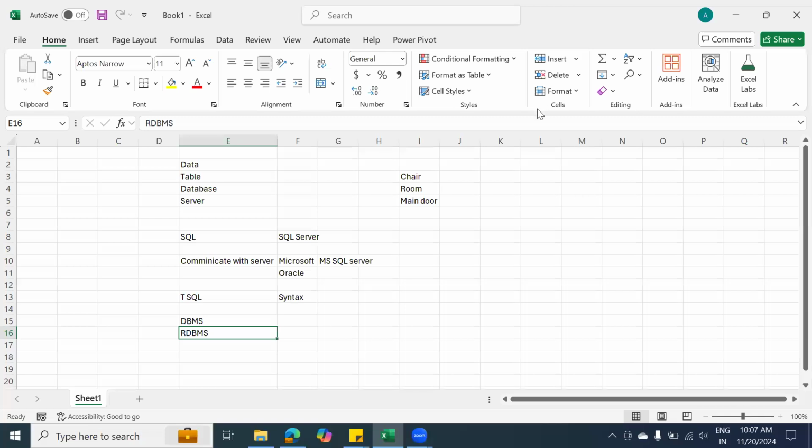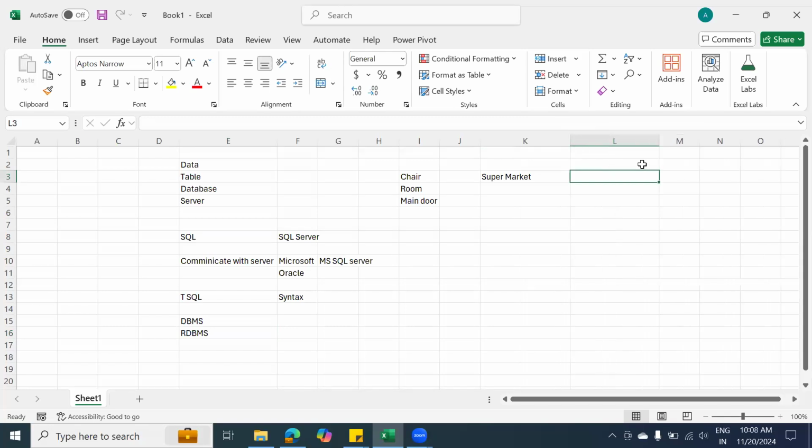So now let's come here. I'll go with a very simple example. Generally I give the same example to everyone. For example, let's say I go to a supermarket. I think everybody has been to a supermarket. It's quite common. You go to the supermarket, pick up a basket and pick all the items you want. Then can you walk out with them? No, right? Then we need to bill it. When you reach the billing counter, certainly you will go through a process. Can somebody help me? What are the steps we have in that billing process?